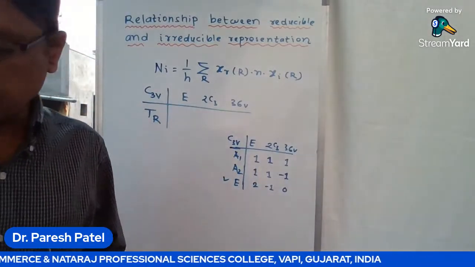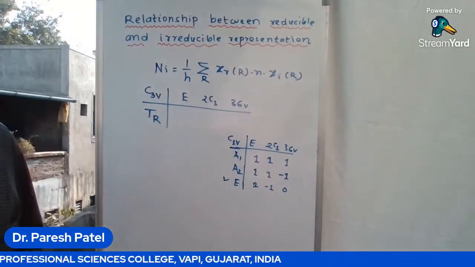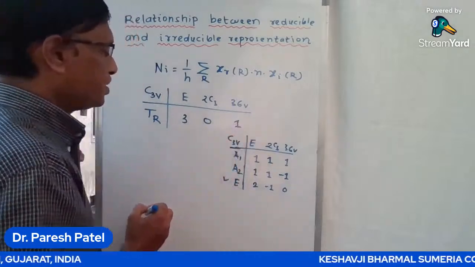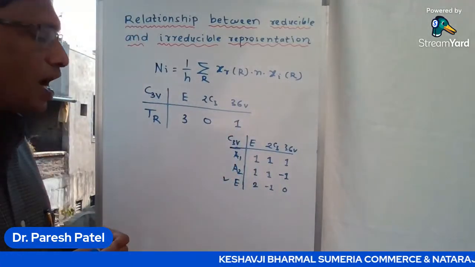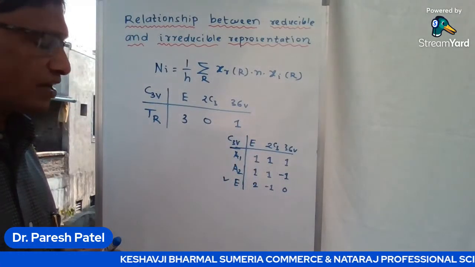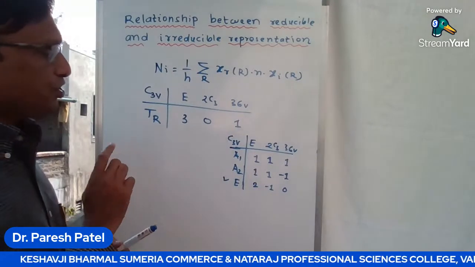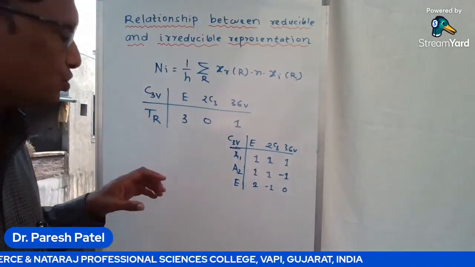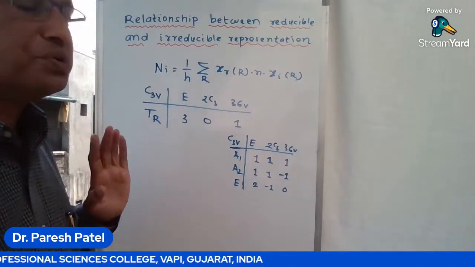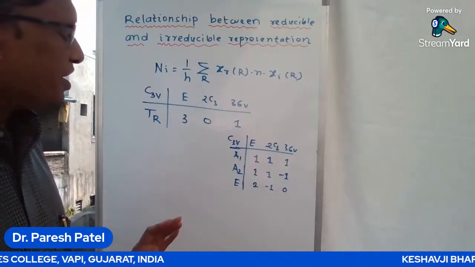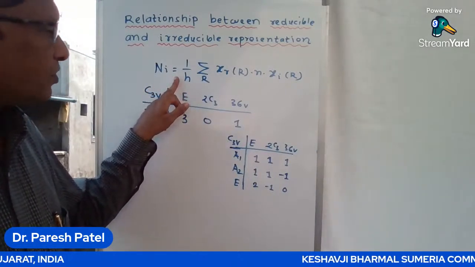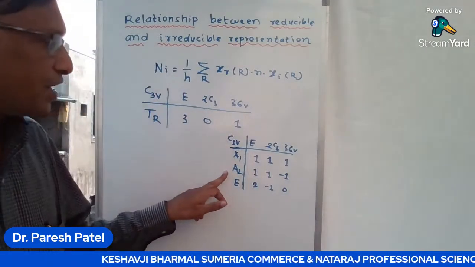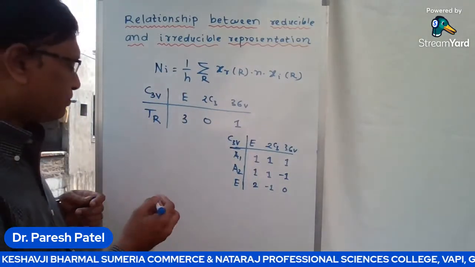Now, the second example of the same point group. The reducible representation, Γ, is 3, 0, 1, and find out the irreducible components of this reducible representation. Okay, so we have to convert this reducible representation into irreducible representations. So we need the relation between reducible and irreducible representations, as well as the character table. So with the help of that,